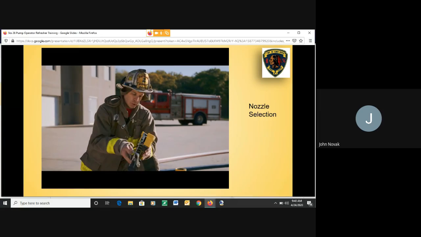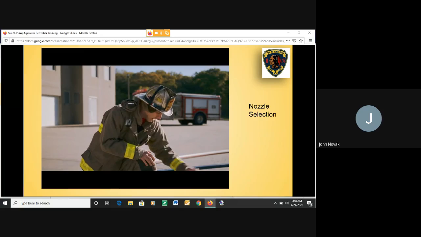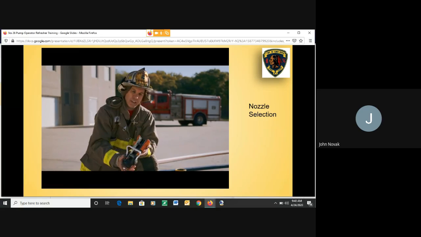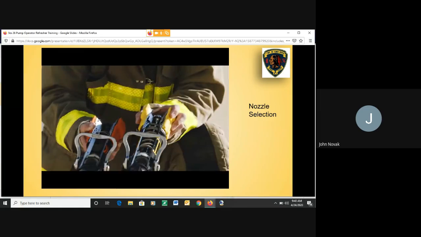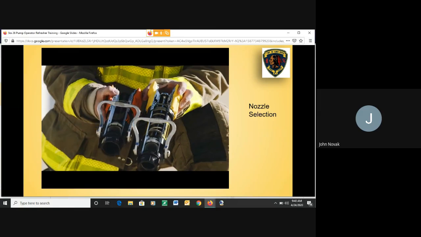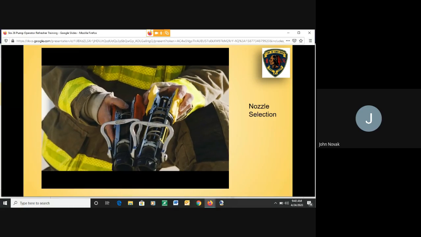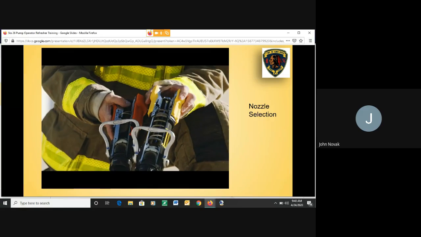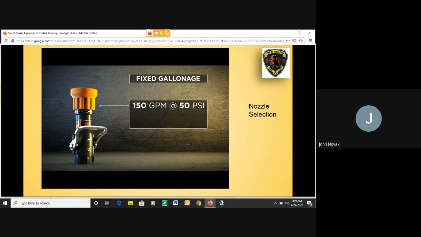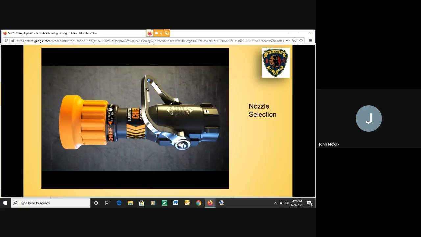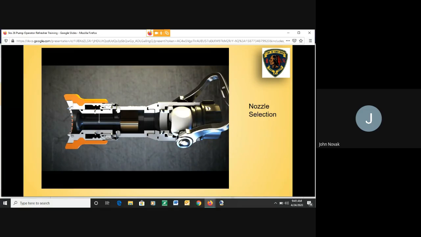Next to the automatic, we have the fixed gallonage or constant gallonage. What I hold here is a 150 at 50. As you can see, side by side to the automatic, there's not a spring. There's just a set stem in here that, when water is applied, opens to a certain distance to allow a given flow at whatever pressure. This is at 150 at 50. You can change these stems out. It could be a 150 at 75 or a 175 at 75, 200 at 75. So you have a constant or fixed flow nozzle that you can change its flow and pressure by basically just